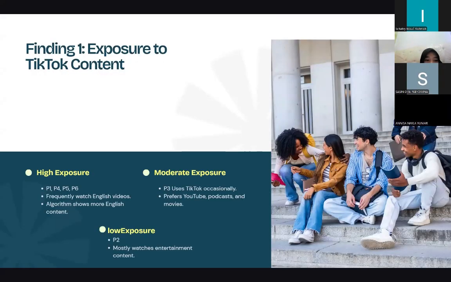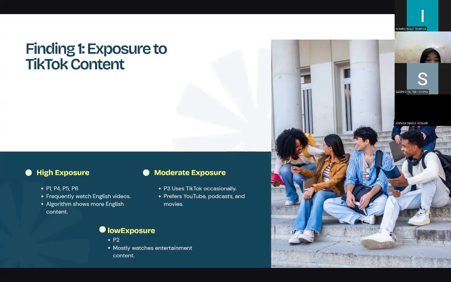The findings show that students had different levels of exposure to English pronunciation contents. P1, P4, P5, and P6 were frequently exposed to English videos because they watch English content regularly.